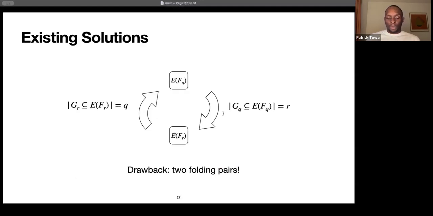There exist solutions already which leverage what is called curve cycles. Essentially, you work with elliptic curves such that, if I start with my group GQ, which is a subset of the points of an elliptic curve defined over FQ, then I require that there is an elliptic curve defined over FR for which I have another subgroup, which is of order Q. The issue with this